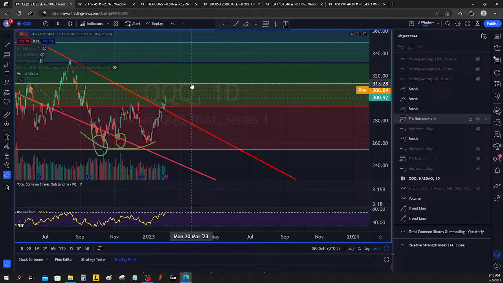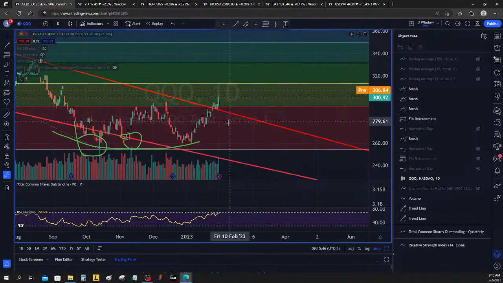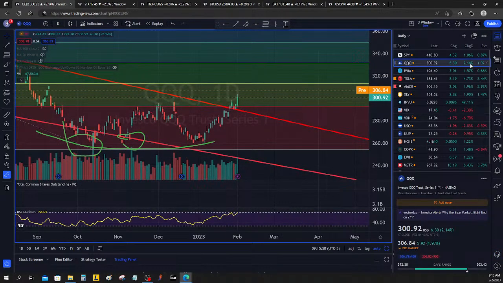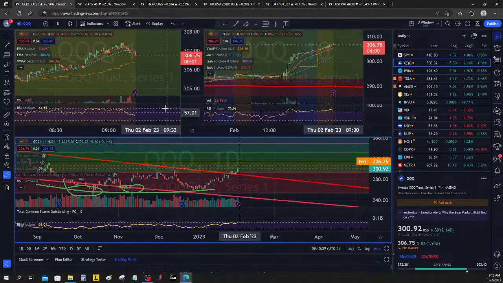So do we get there today? We are gapping up this morning. I had a huge run up yesterday. It was a nice day. I think it was a 2% move yesterday. Yeah, 2.14% move. And here we are in the pre-market up 1.97%. And I can almost guarantee you that it's overbought in the pre-market.